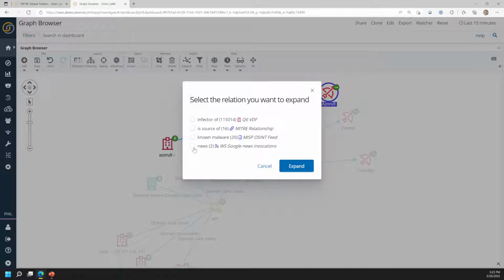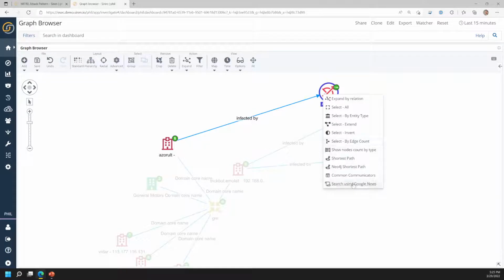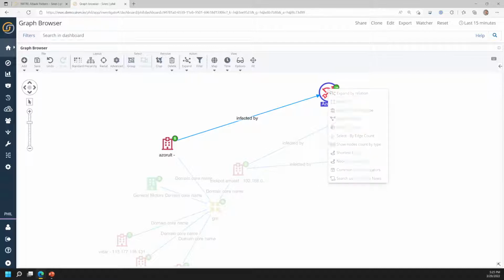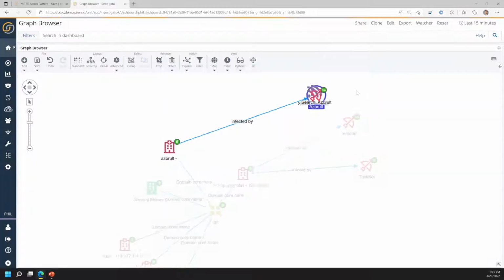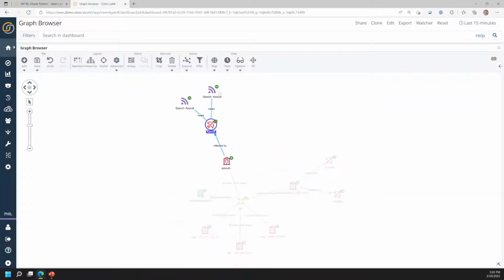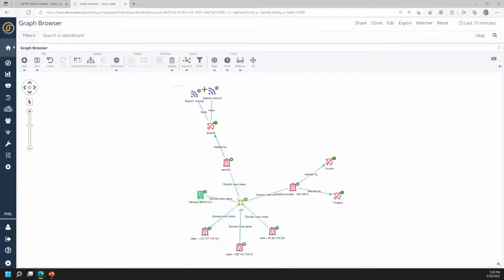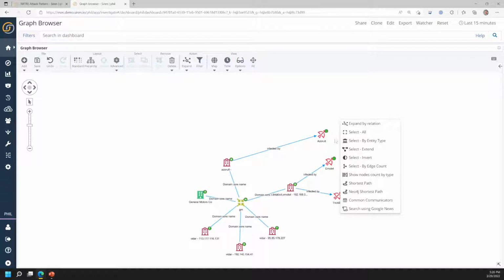I also have the ability to show Google News invocations because I have a script here that allows me to run a Google search, and it will ingest it into Elasticsearch. That's just an optional script. And so that will give me some intelligence. If I wanted to, I could bring in these Google News invocations. And so that would allow me to add that and search for that stuff later. But I'm interested that I have this malware information. I have OSINT information on this malware. I want to know exactly